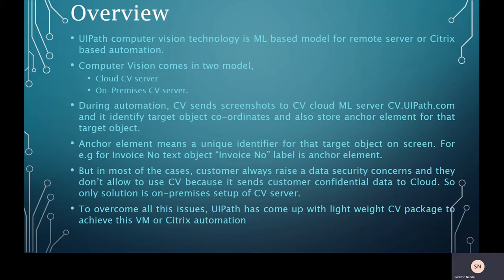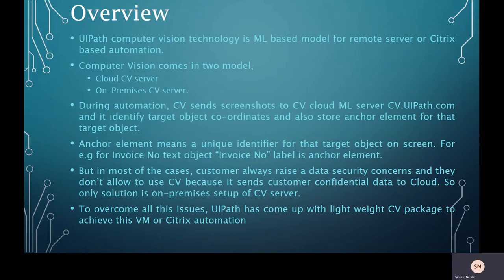Because when you say computer vision technology, the computer vision always sends a screenshot to the CV Cloud ML service or the server, and it identifies target object coordinates and also stores the anchor element for that target object. When I say anchor element, I mean a unique identifier for that target object on a screen. For example, for the invoice number text object, the invoice number label is the anchor element.